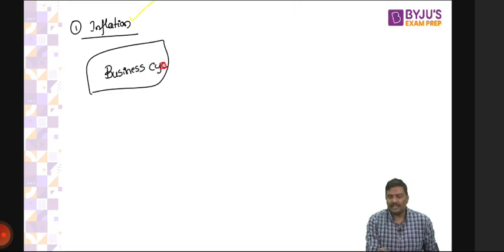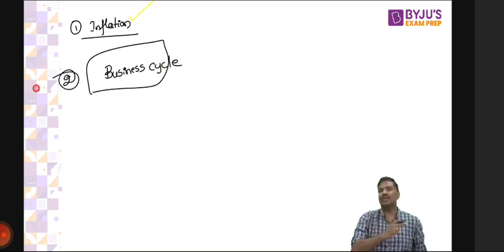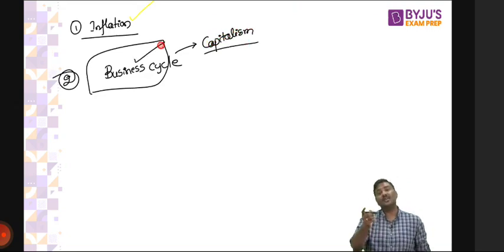In fact, earlier I've mentioned it and I said I'll discuss it later. Can I tell you the context? Go back to the idea of capitalism and see, under capitalism, I've written business cycle as one of the demerits, one of the concerns regarding capitalism. Now, what is a business cycle?